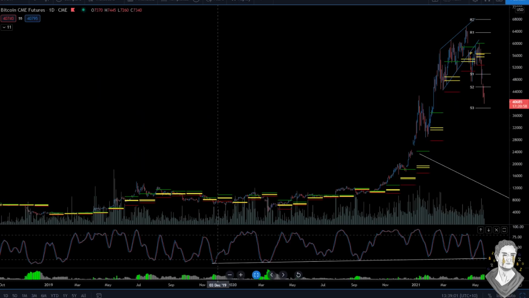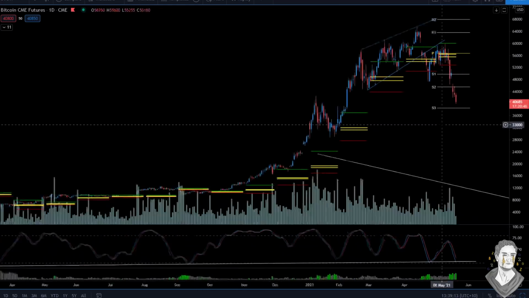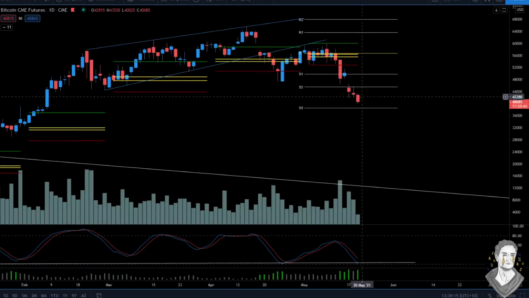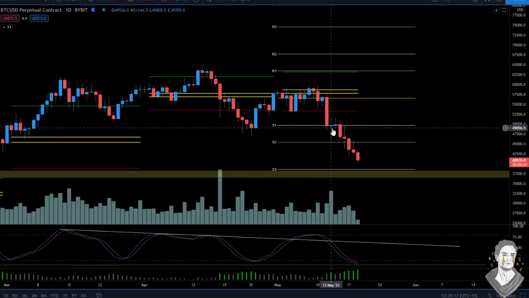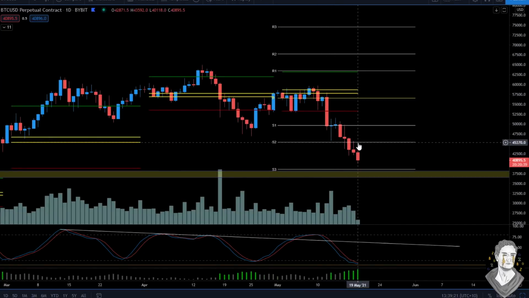So this is going to be very important for us to be looking at, also support regions on the price action, so that we can potentially be looking at a market bottom and be able to trade that market bottom. Of course, right now we still do have bearish market structure, and the bounce to the upside yesterday did give us an area to be watching, right? If we were to reclaim the S2 right here at